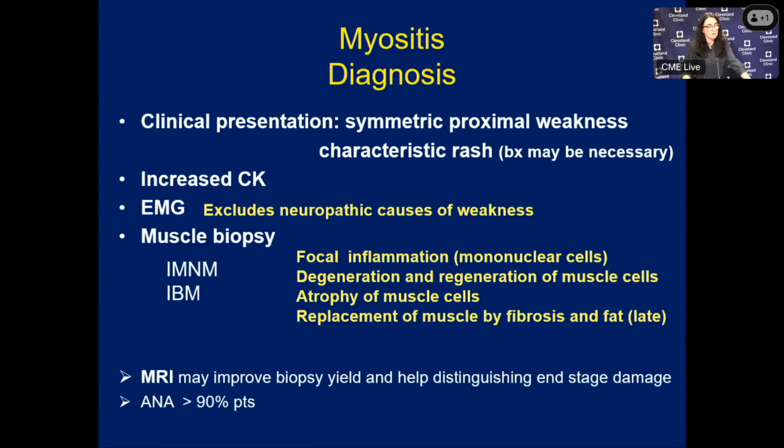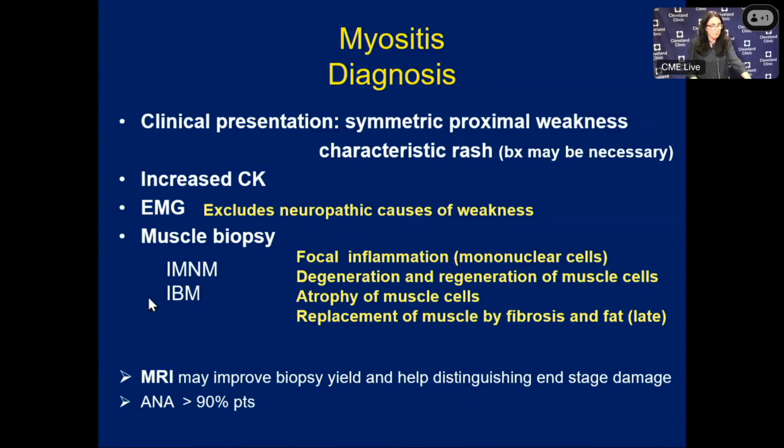It shows focal inflammation, degeneration, regeneration of muscle cells, atrophy of muscle cells, and later in the stage of disease, replacement of muscle by fibrosis and fat. It's particularly different in immune-mediated necrotizing myopathy, which shows a lot less inflammation and severe necrosis as compared to polymyositis, and in inclusion body myositis. So those are two of the phenotypes of the different subsets of inflammatory myopathies where the muscle biopsy can be